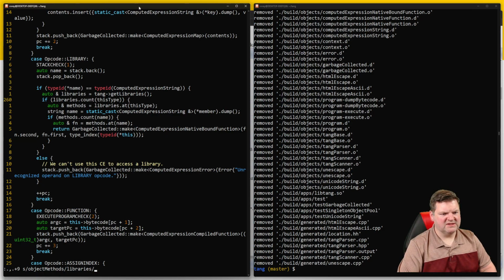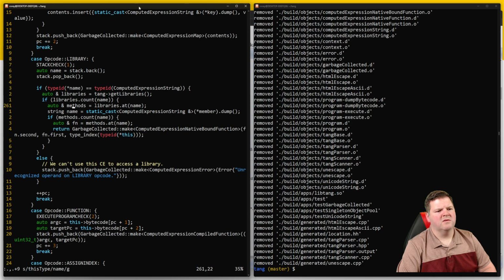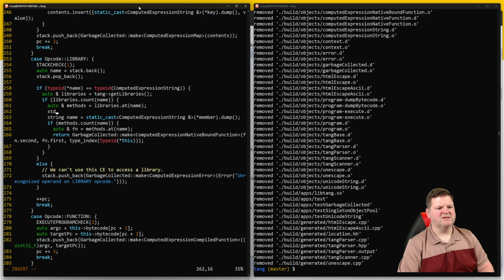Do the same thing, but substitute this type for name. Methods is equal to libraries at name, and then all that we need to do is stack